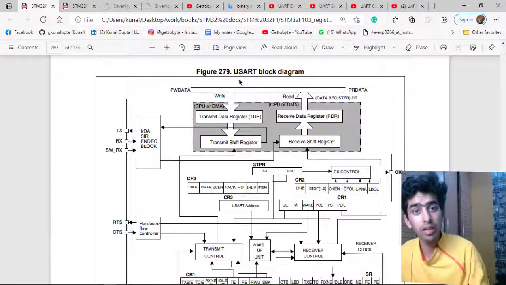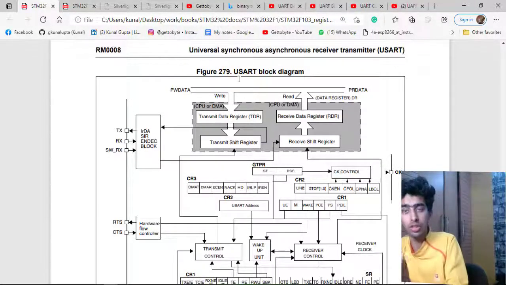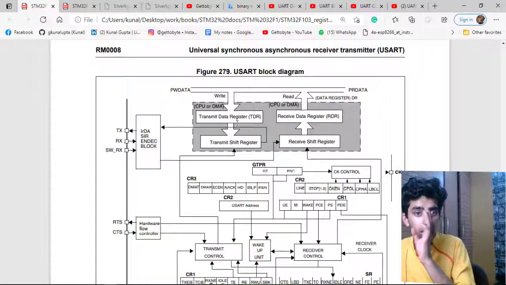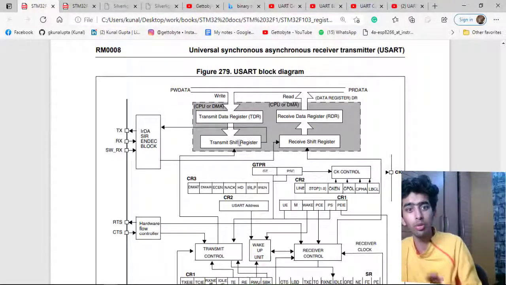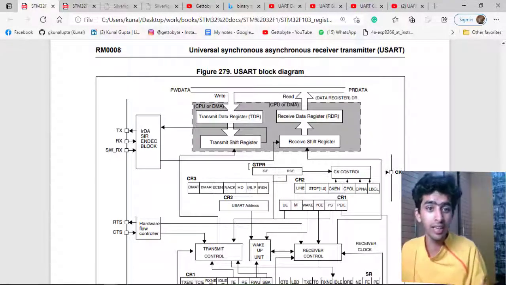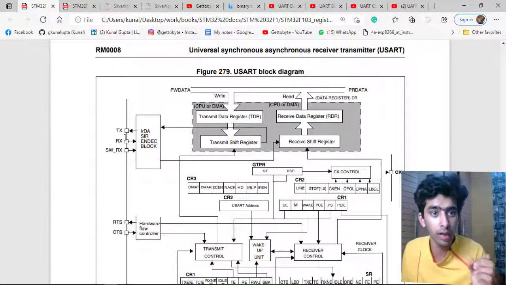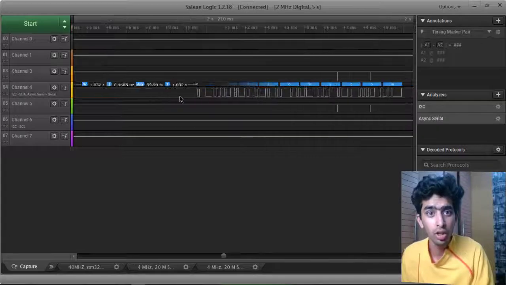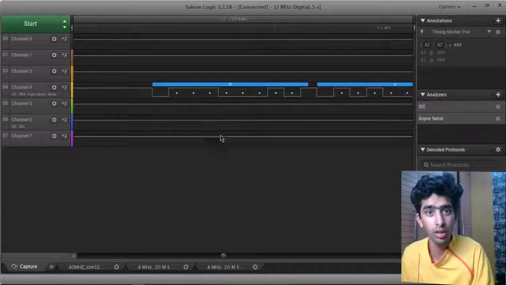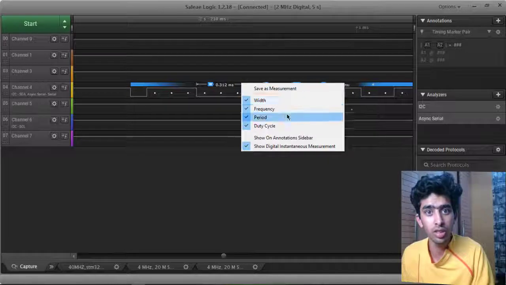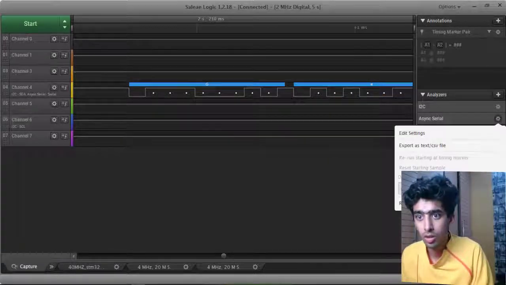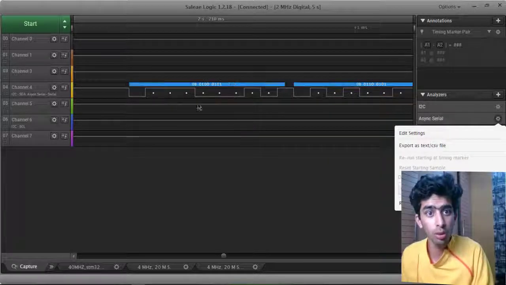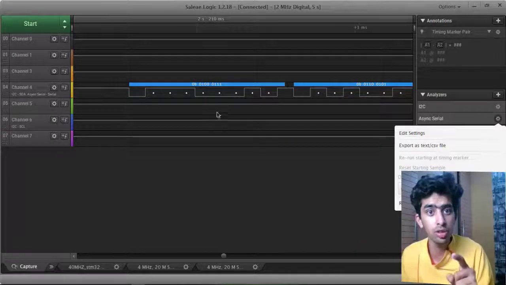Starting from the first character, my transmit data register gets the byte. Then the 8-bit binary value from the ASCII table goes into the transmit shift register, and that is the signal going into my TX pin, as low and high signals. If I change this character to binary, you can see 0 1 0 0 1 1 1.